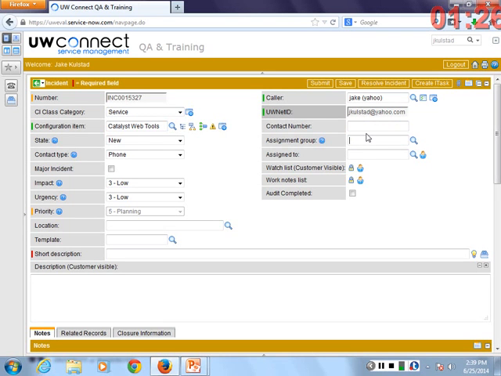So I just want to make a note of that. In this example, in my group, if we have an incident, we would actually manage it. So I'm going to put in my assignment group. I'd ask that you do the same just so you can find your records for today. I'm going to assign it to myself so I don't lose it. Down in the short description, I'll put in escalation for Jake. And in the description, I'll say somebody should wake Jake up. And I'm going to save this record.